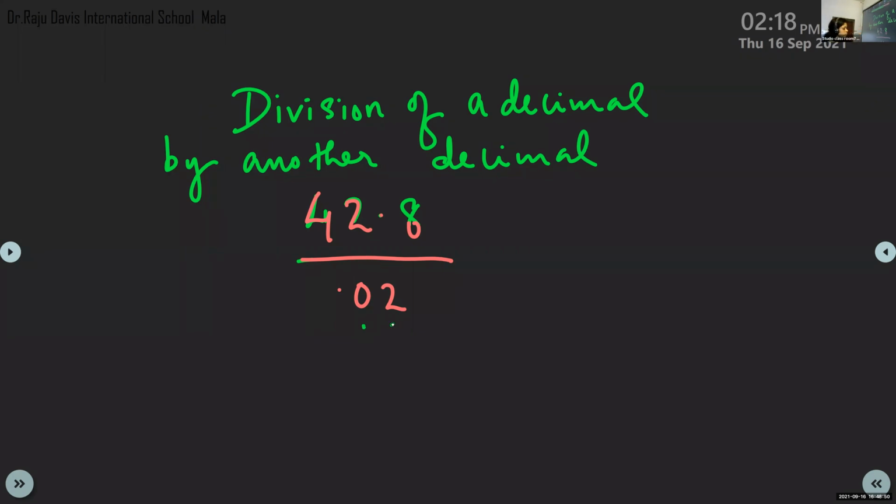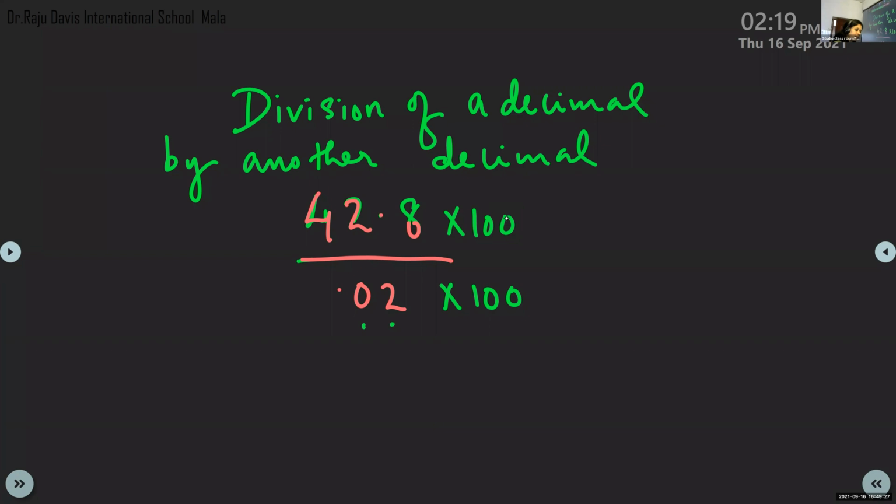Anna, listen here. It's very, very important. Otherwise, you will go wrong. So, check the decimal places in the denominator. 2 decimal places. So, multiply with 100, which carries 2 zeros. If you are multiplying the denominator with 100, multiply the numerator also with the 100 itself. Otherwise, the value will change. Whatever number you multiply the denominator with, you have to multiply the numerator also with the same number. Otherwise, the whole value will change.